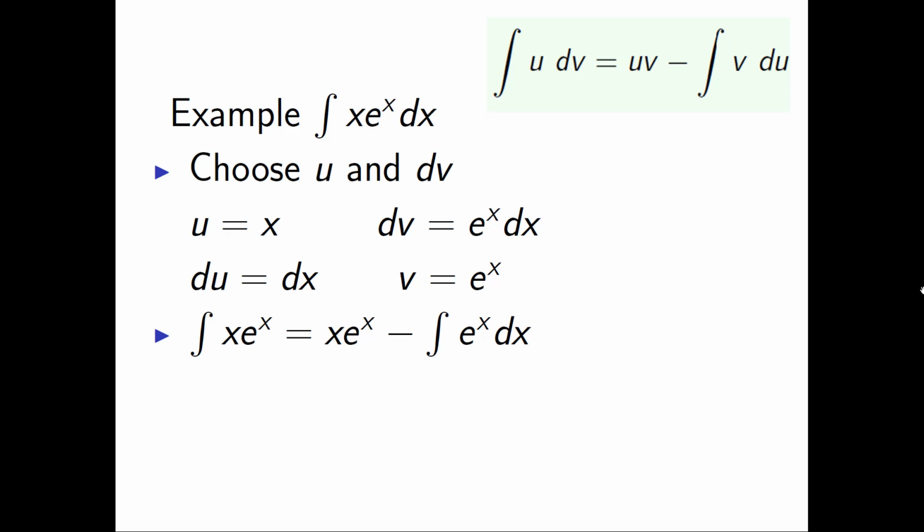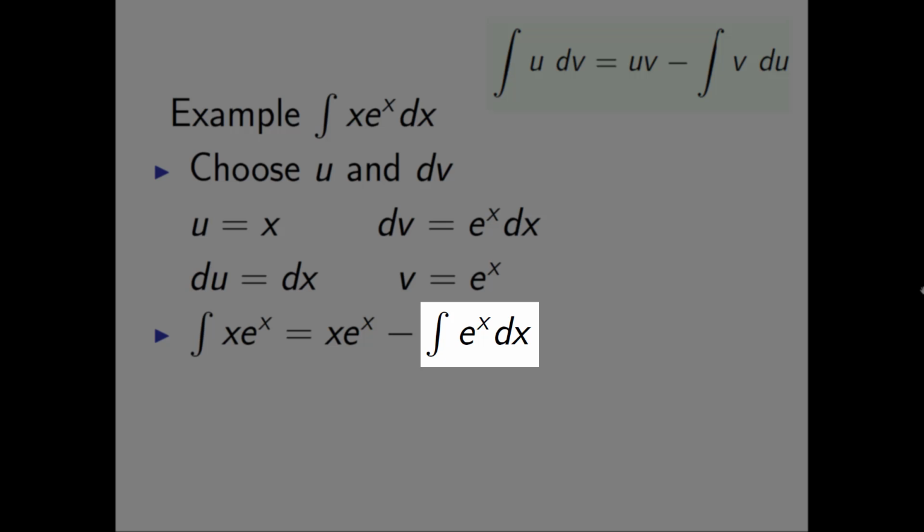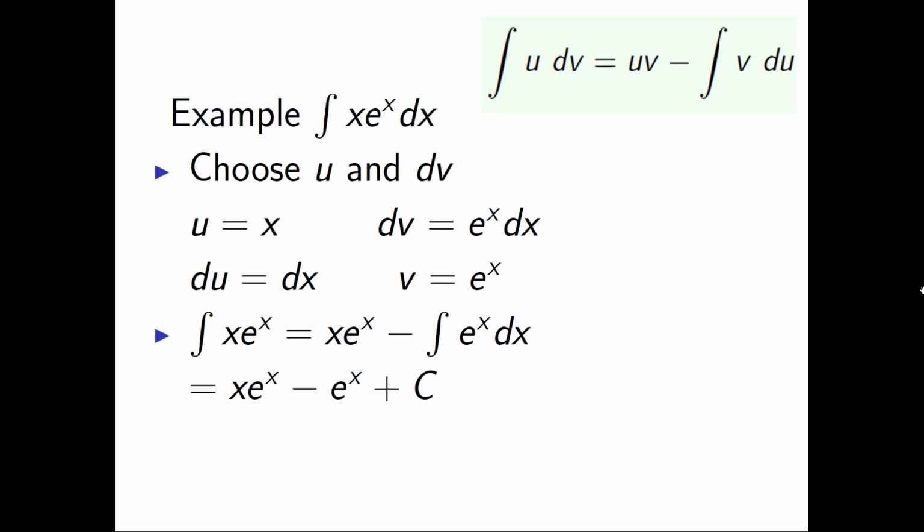And I'd say we still have an integral left to do, but because we've applied this well, this final integral of e to the x is very easy. We know that the integral of e to the x is just e to the x. So this just becomes x e to the x minus e to the x, and then plus our constant of